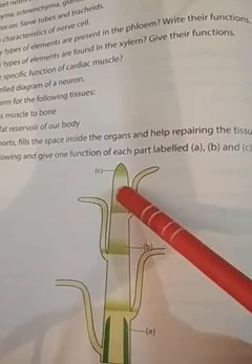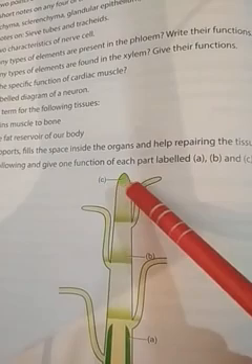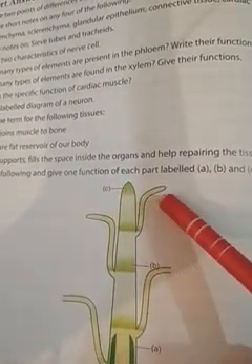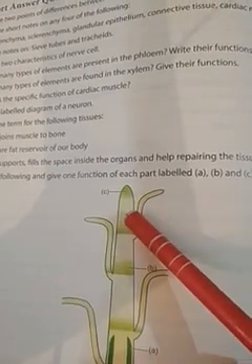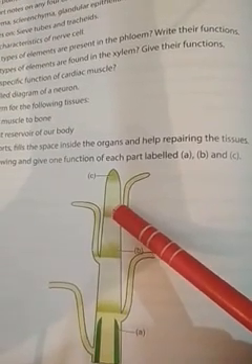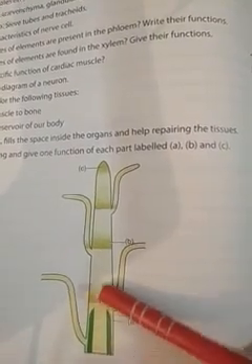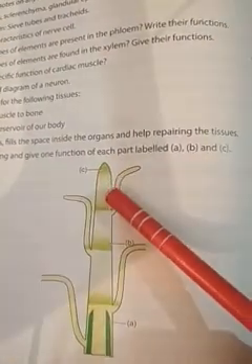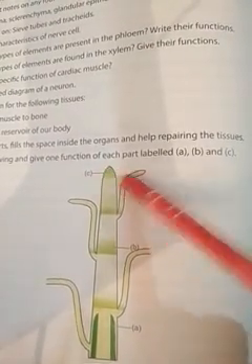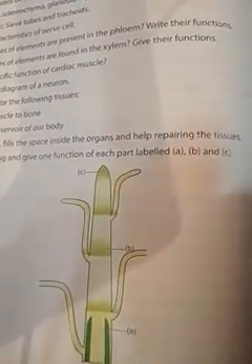My dear student, as you know, there are two types of tissue in the plants. Number one, that is meristematic tissue, and number two, that is permanent tissue. Meristematic tissue is of three types, as we have discussed in the previous videos. This diagram is showing the different types of meristematic tissue. The meristematic tissue that is found on the apex of the plant is called apical meristematic tissue. So you have to label it like apical meristematic tissue.